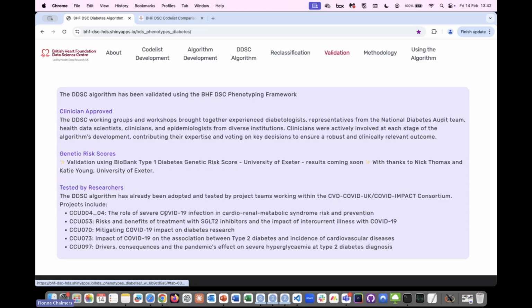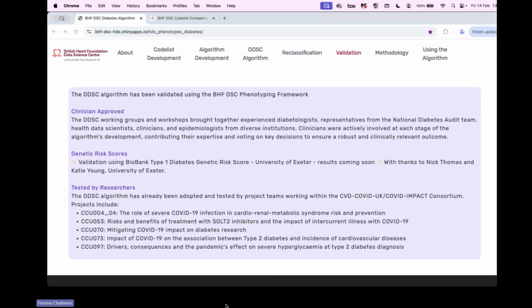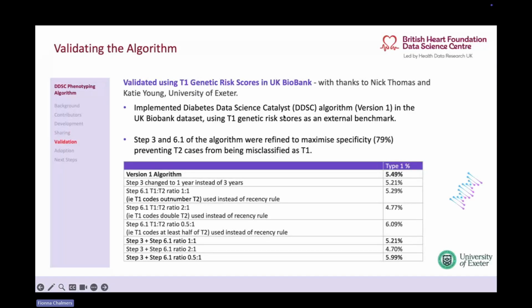And really lucky, with thanks to Nick Thomas and Katie Young from Exeter, we are validating the algorithm using type 1 genetic risk scores. We were specifically looking to maximize the specificity of type 1s, so trying to prevent type 2s being misclassified as type 1. This exercise is not finished yet, but we're using it to inform step 3 and step 6.1 of the algorithm. For example, step 3 will likely be changed from 3 years from diagnosis to 1,